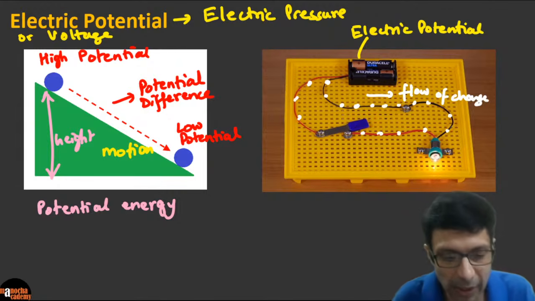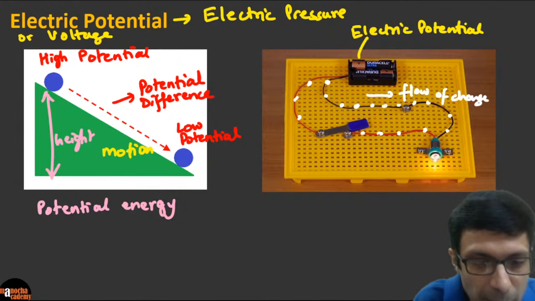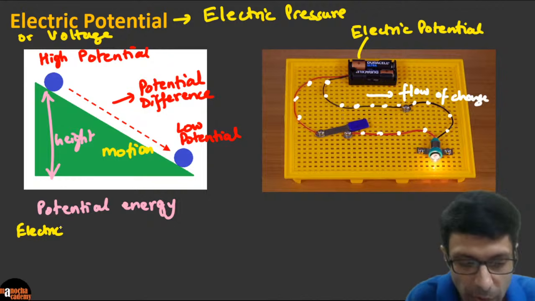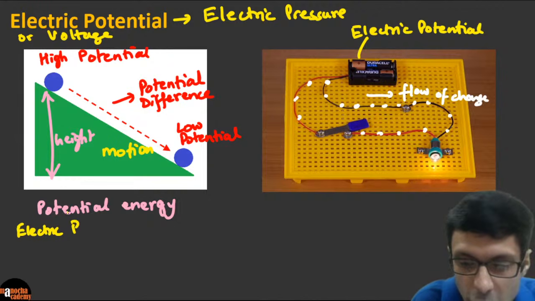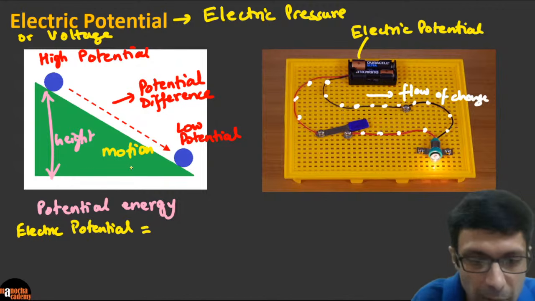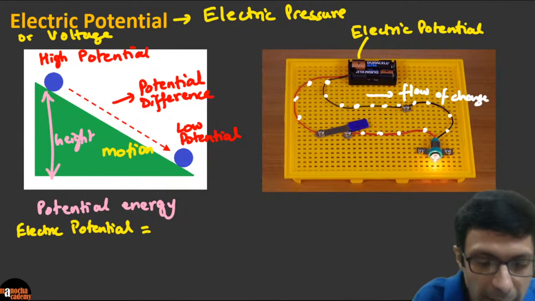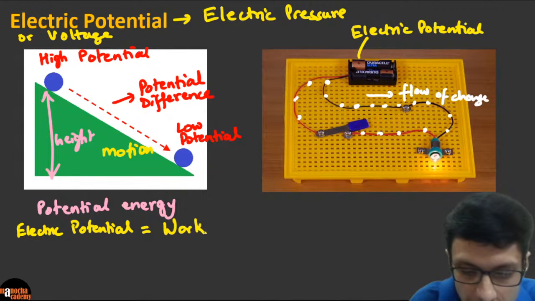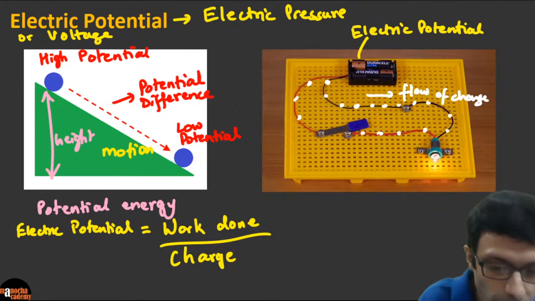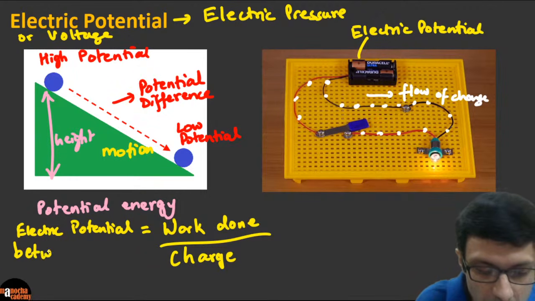Excellent. And now, how is electric potential defined? Electric potential or electric potential difference is defined between 2 points. If you consider the electric potential difference between 2 points, it is defined as the work done per unit charge. So let me explain that to you guys. So what does that mean? The formula is electric potential between 2 points. Let's write that here, between 2 points,